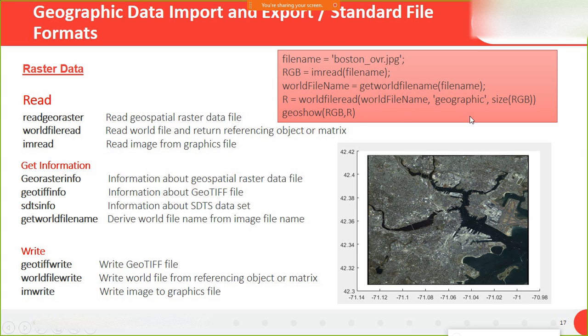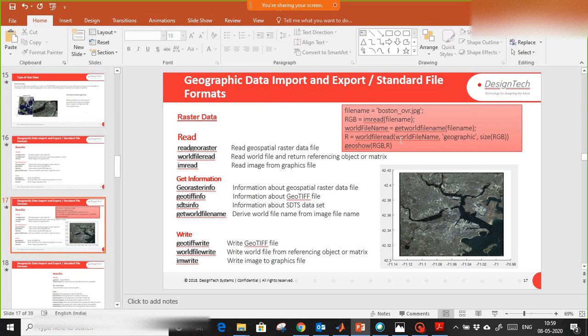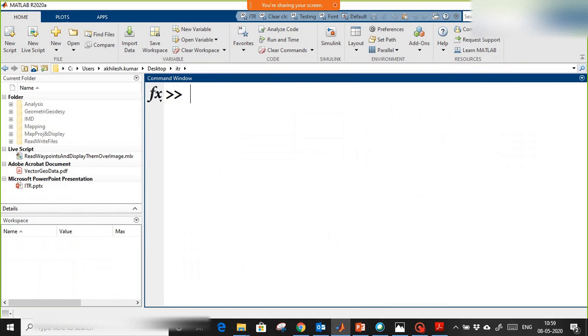This is the world file name, and here you see the option is geographic. If I give geographic, then it will be in the form of lat and long, or instead of geographic we can give planar as well. So it depends on whether you want to import data as geographic or as planar data. Planar data will be like a local Cartesian form. Okay, so if I run this function in MATLAB,